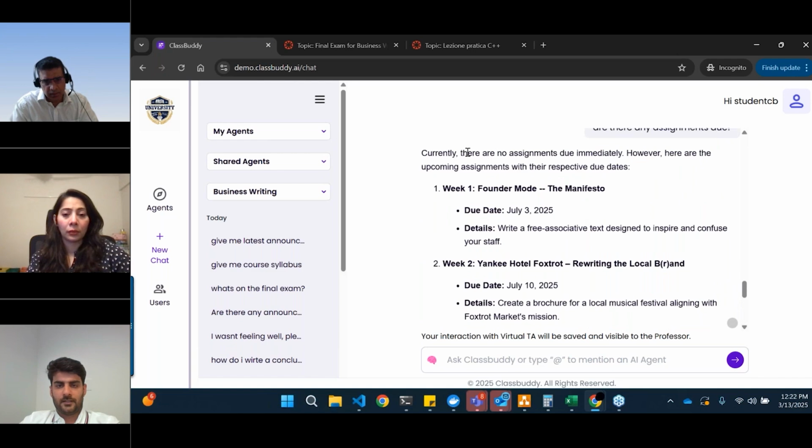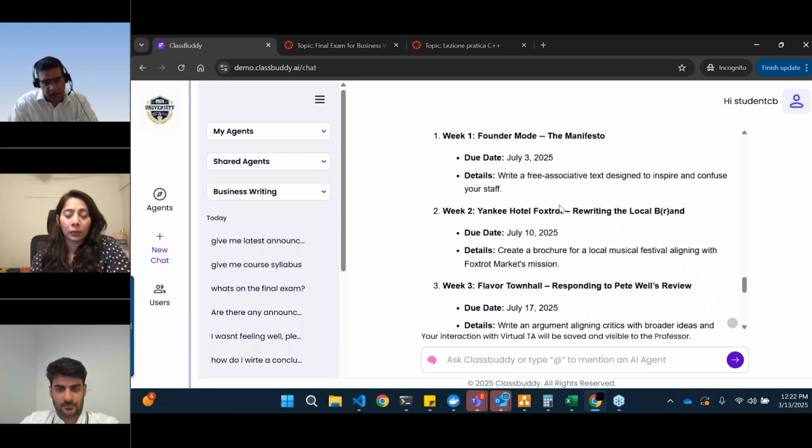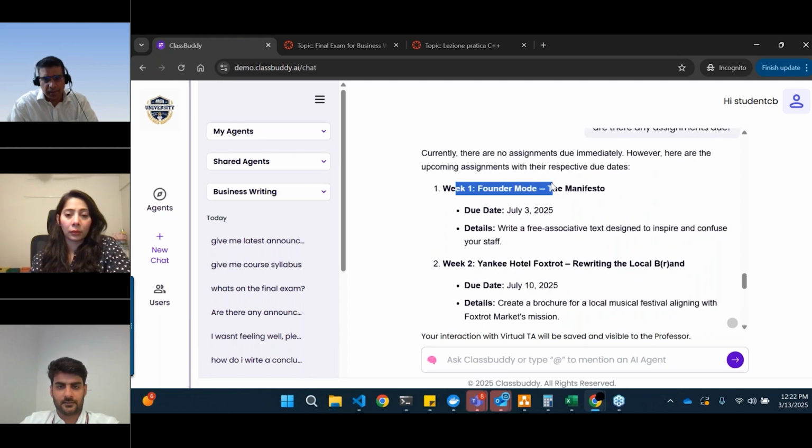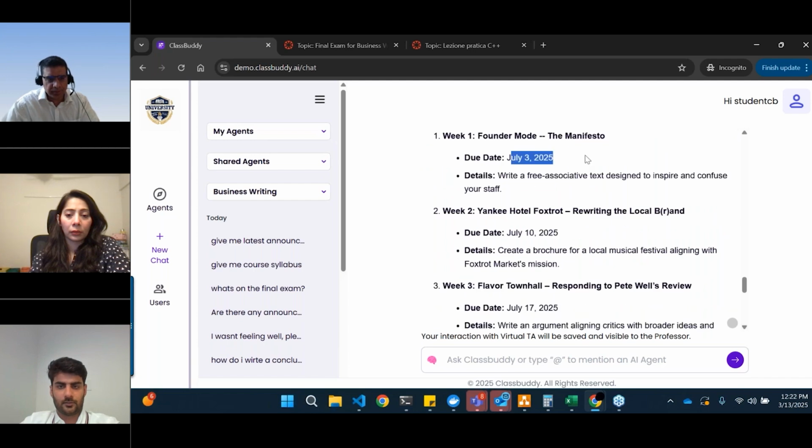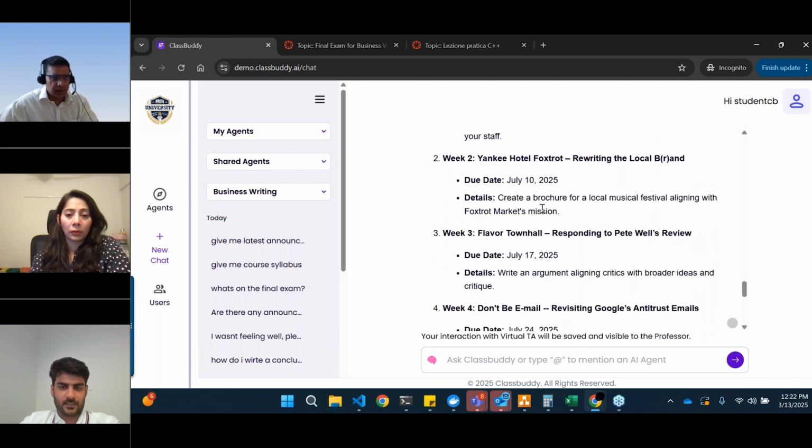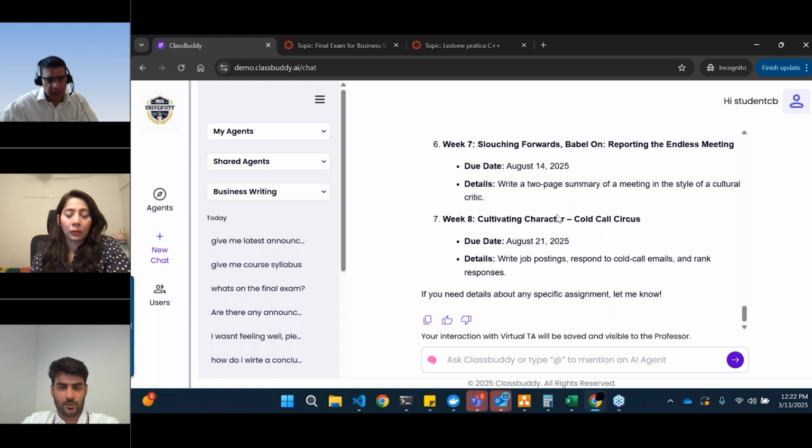So it is giving me the information that there are no assignments due. However, these are the entire upcoming weeks' details: when they are due and what the assignments or the details of those specific modules would be, right? So this is the user experience that a student is going to have,